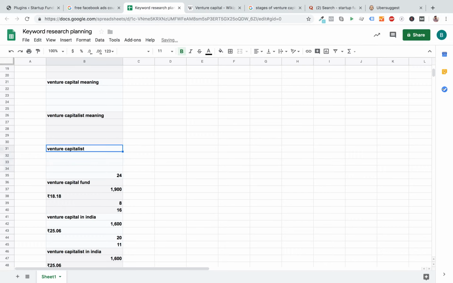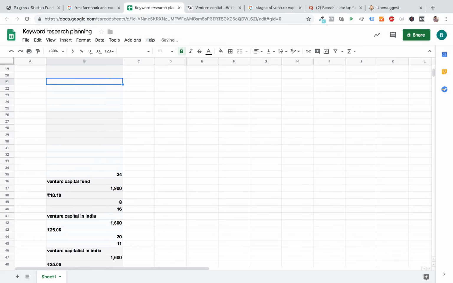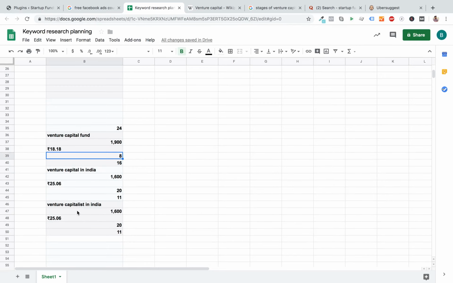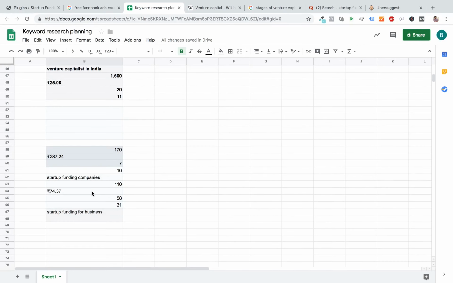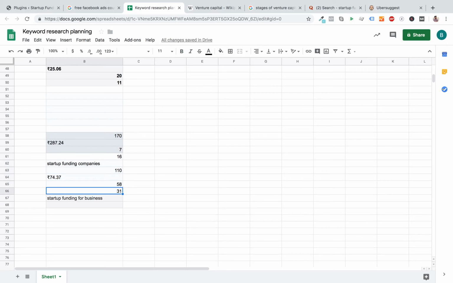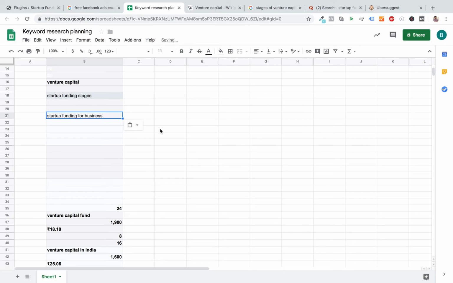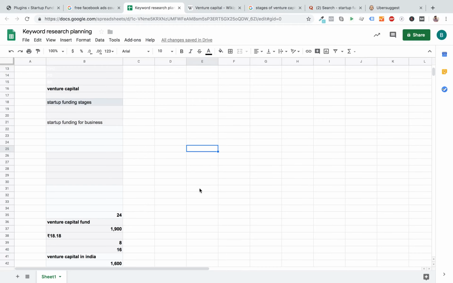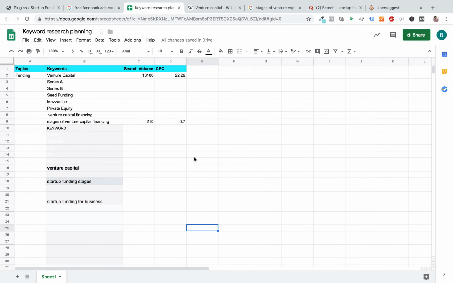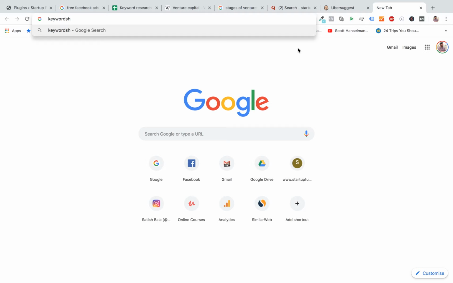So we're basically looking for meaningful keywords. Venture capital funds is not really a relevant title, and venture capital is probably just one keyword. Startup funding for business, startup funding. We need some meaning in the phrase so that we can deliver the right kind of value for consumers, right? So we have to come up with more and more keywords and keep searching with these tools. And then there's another tool called Keyword Shitter.